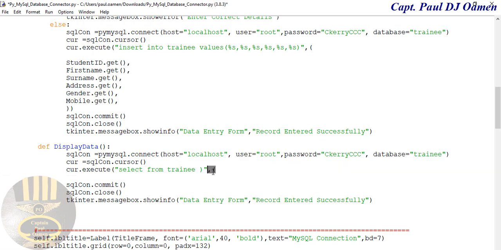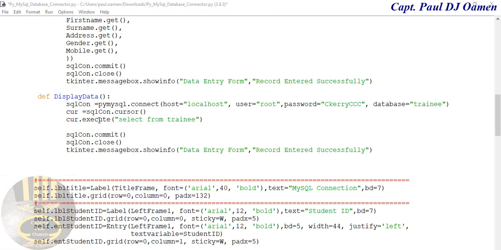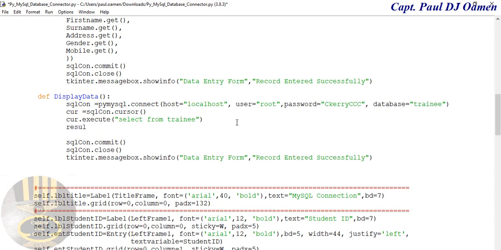That goes to select from trainee, right, and let's declare a local variable here that I will call that local variable result